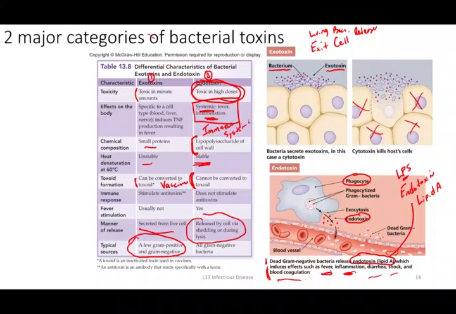So when we first introduced toxins, we were talking about how they cause damage to tissues, and so they can be direct damage. And so that's often how these exotoxins are going to be. The chemicals that the bacteria make directly target and damage specific tissues. Endotoxins, these molecules that are released during the death of a gram-negative cell, often don't directly cause harm to tissues, but instead cause our immune system to respond in a way that leads to cellular and tissue damage and cellular and tissue changes that we perceive as that disease state.